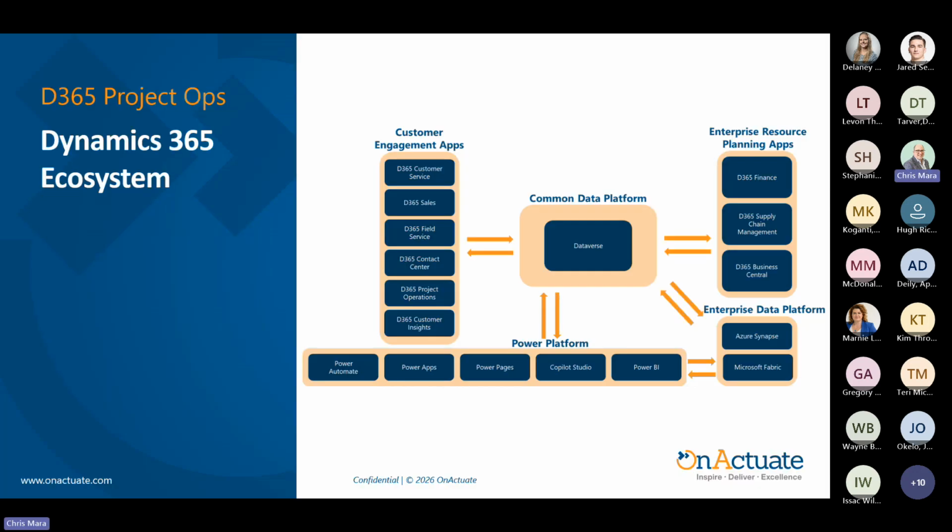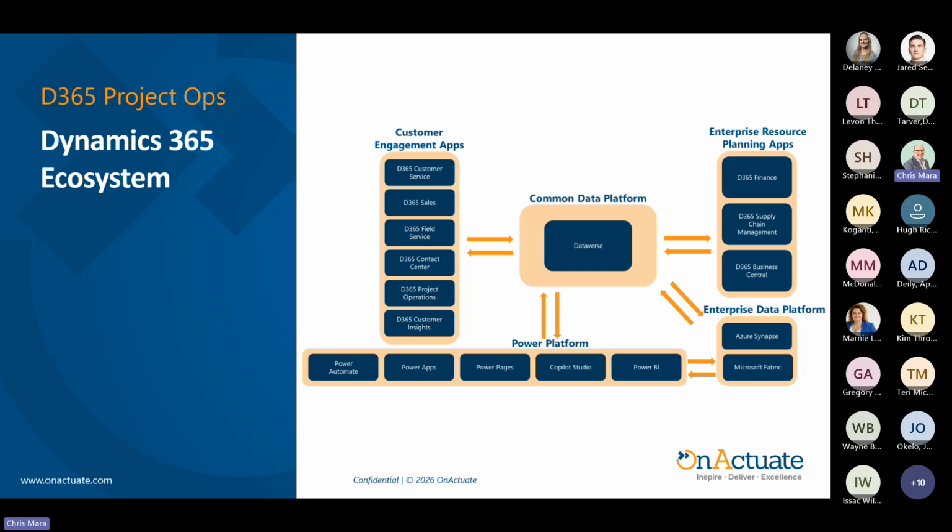So talking about the Dynamics 365 ecosystem, in this architecture, Project Operations is positioned as a core application in the customer engagement layer that runs on the shared Dataverse data foundation. That placement is intentional. Project Operations captures delivery-side execution data, projects, resourcing, time, expense, activity, status, and operational tracking, using the same common platform as the other customer engagement applications. So project delivery work can remain connected to the broader customer and program context rather than living in a disconnected project tool.